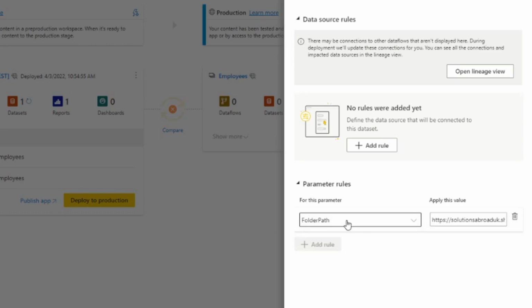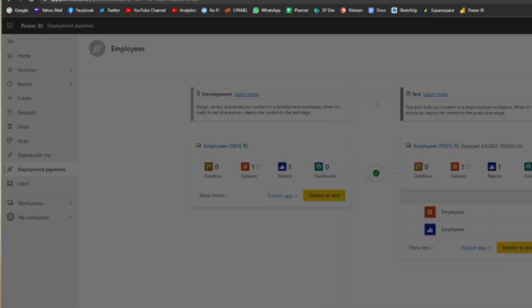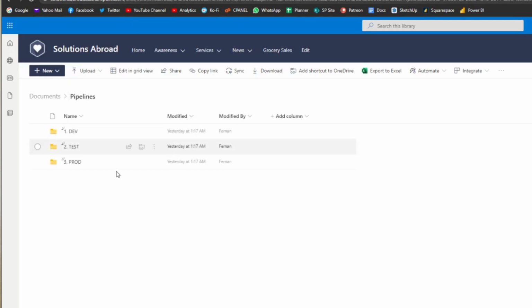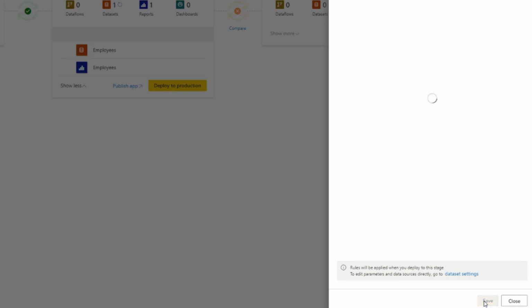So this one, the folder path. And from here, you simply just change this from dev to say, give me the data in my test folder. And the test folder is simply this one. Yeah, don't get too confused. There's only 3 folders. So it's saying for the test workspace, just use the data in this folder. To simply save that,